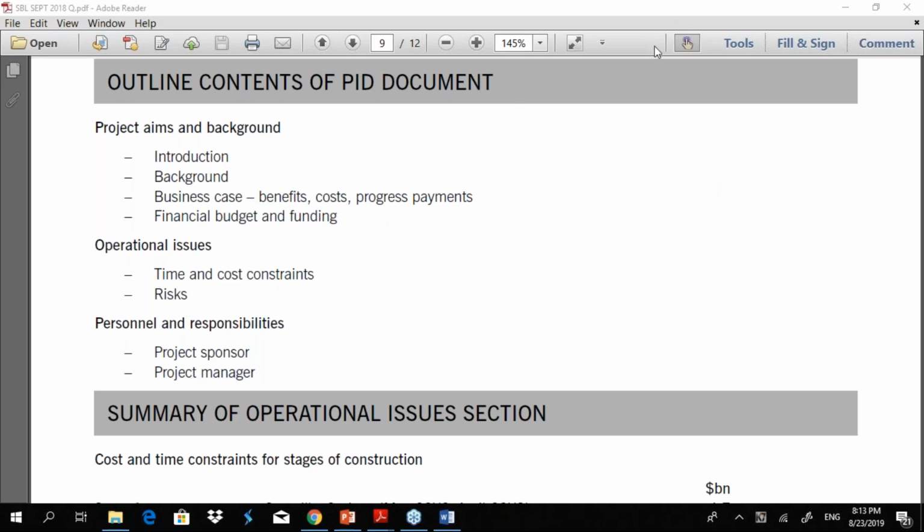Then another factor that you can critically evaluate is the project constraints. Constraints are limitations. Now, this says time and cost constraints. So he has covered two elements.